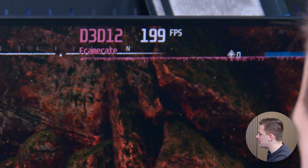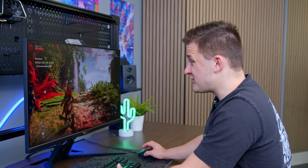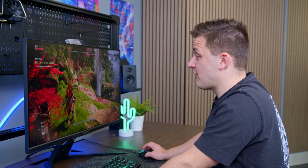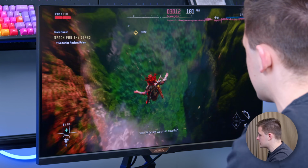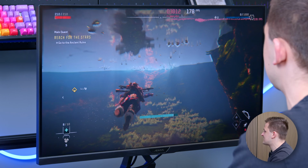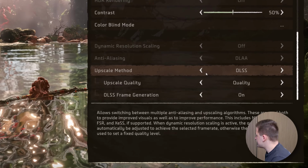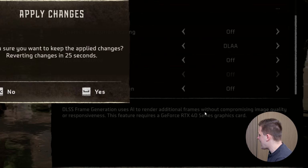So we're at around about 194 FPS on average so far. The frame rate genuinely feels buttery smooth, and I feel like at 1440p I'm getting a really great gaming experience. As I jump down into the water, wow, look at that, looks really, really fantastic. Also going to jump into those settings menus and disable frame generation and NVIDIA DLSS so we can get a